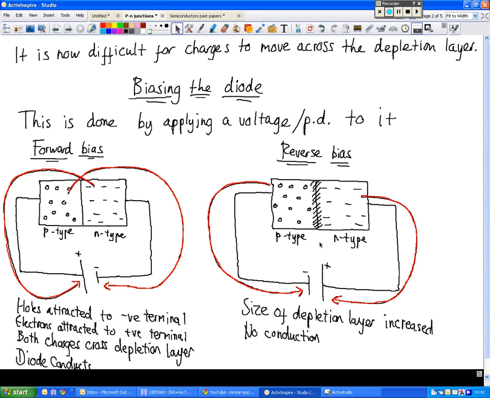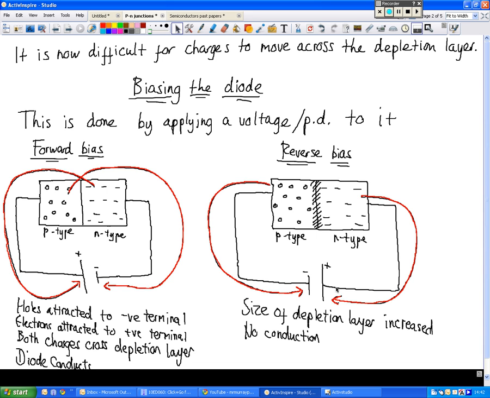In the second case, we connect the battery basically the other way around, so reverse bias. So instead of pushing the charges across the depletion layer to meet each other, they're actually pulled further apart. So we do that by connecting the negative terminal to the p-type material, so therefore it pulls it away. And then we've got the negative charges being connected to the positive terminal, so that gets pulled in the other